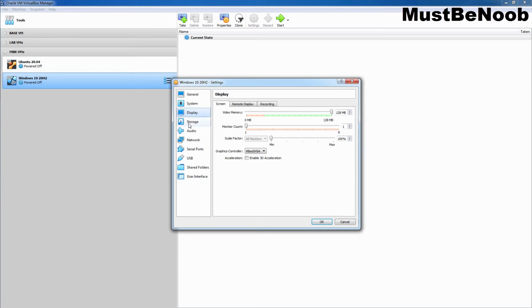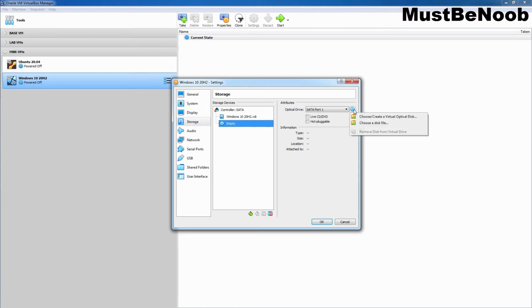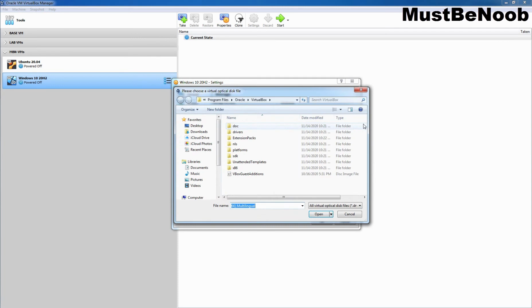Okay. Next, I'm going to click on Storage. Select the optical drive. Click on this button. And here we need to choose a disk file. Here we need to specify the location where we have stored the ISO image of the Windows 10 20H2 edition.